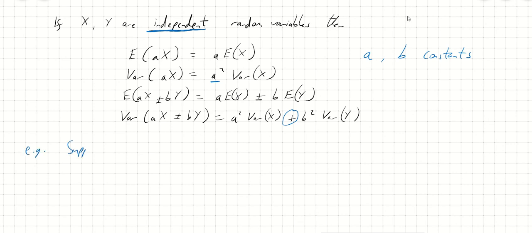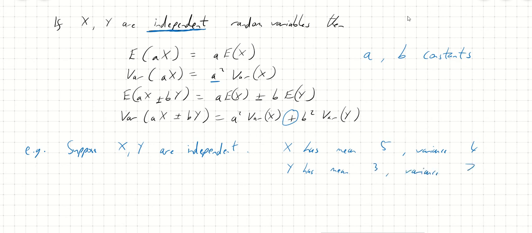E.g., suppose x, y are independent, x has mean 5, variance 4, y has mean 3, variance 7. Okay, so let's say find